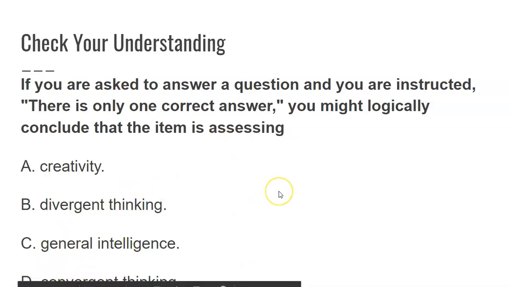Okay, that is it for this chapter 8, intelligence. I hope that you all have learned something and are able to apply what you have learned to your daily lives. I'm particularly interested in what you all are going to write in your discussions for the week, and how the different types of intelligences, and what way do you think that you are smart. I'm excited to read about your different skills.